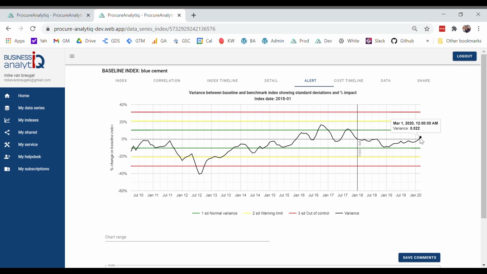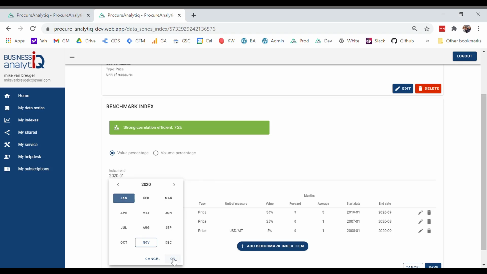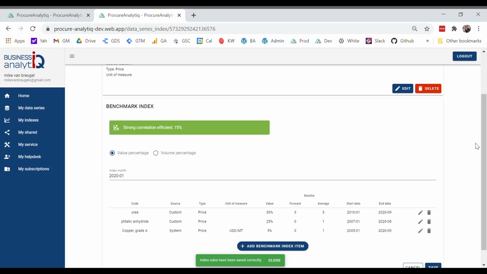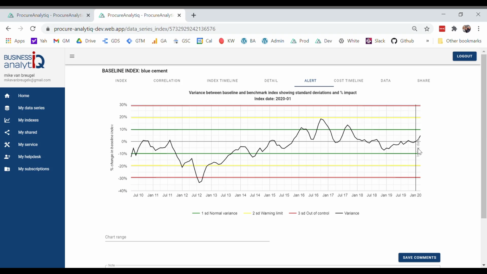And there is another way you could use this index. You could use this index not as a tracking tool, but as a pricing mechanism. So you could agree with your supplier that you will track this index on this basis. You will agree the source of the data, and you may load your own data sources for that. And you may agree that from 2020 January you will track the index and include it as input into your quarterly price negotiations. And then you may agree certain rules on how to deal with increases or decreases in the